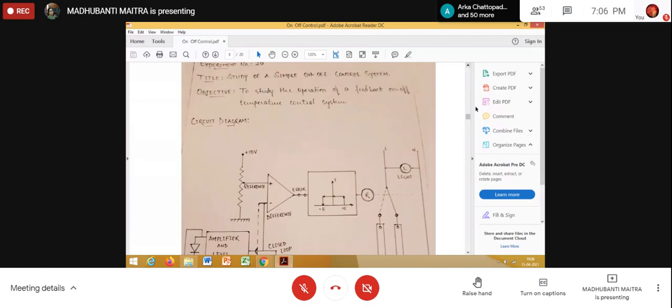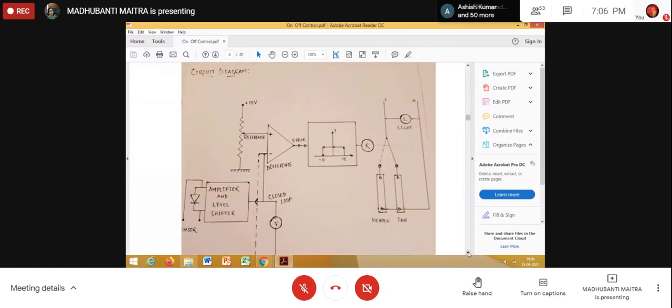Excuse me, ma'am. In the function, it was written that if the error is greater than the potentiometer adjustable threshold value, then only we will get 1. But here in the graph, it is showing that we are getting value 1 in between minus E to plus E. That's why I told you I have taken this diagram from the report. Just ignore the direction of the arrows. Try to understand how a Schmidt trigger behaves, what a typical hysteresis kind of nonlinear characteristic is. Am I clear?